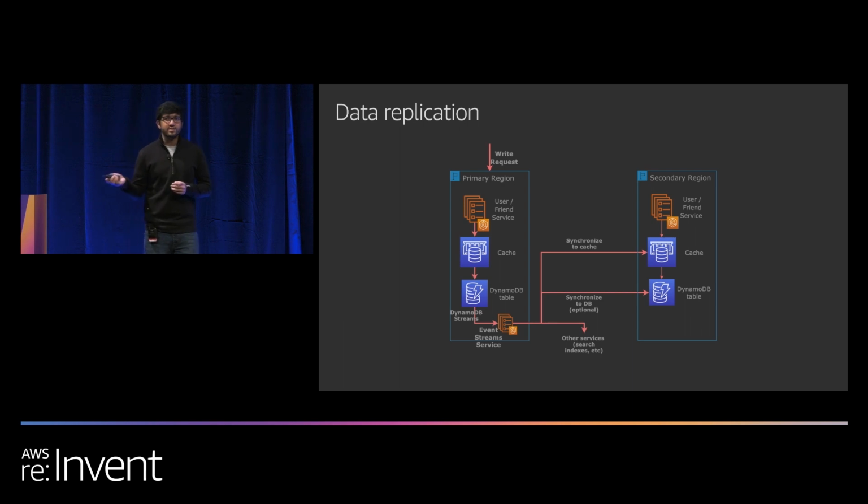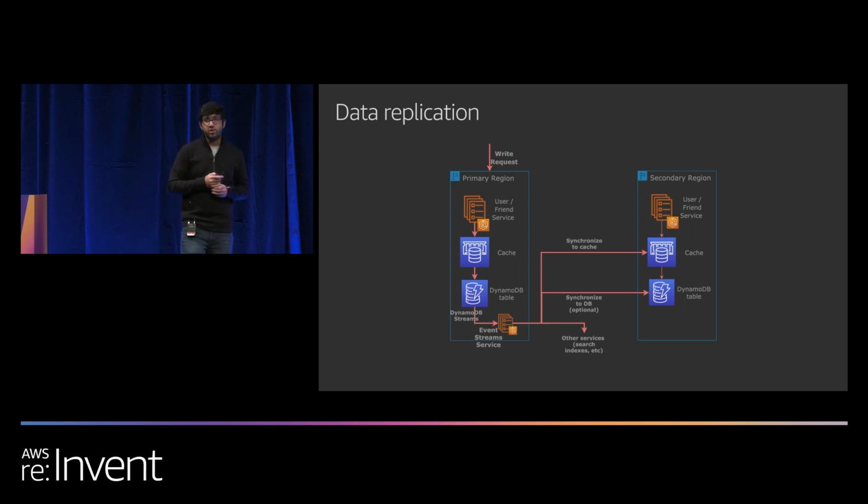We additionally had the insight that instead of replicating to the DB in the secondary regions, we could just replicate it to a cache in the secondary region and skip writing it to the persistent storage in the secondary region. So that's why you'll see in the diagram that synchronization to the DB could be used as, for example, a fallback if the cache is down in the secondary region, but it's optional really for this sort of architecture.